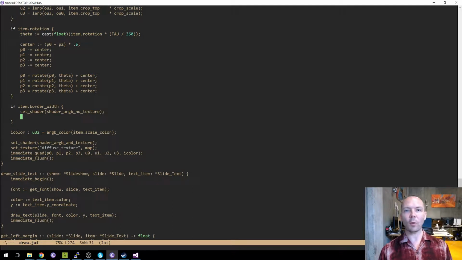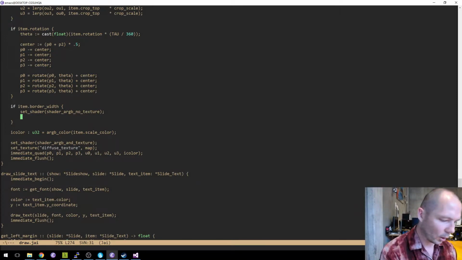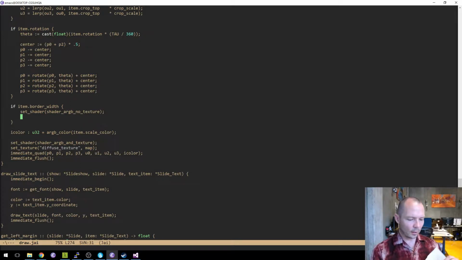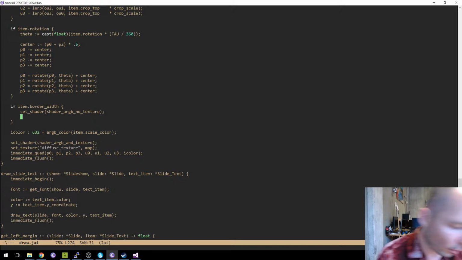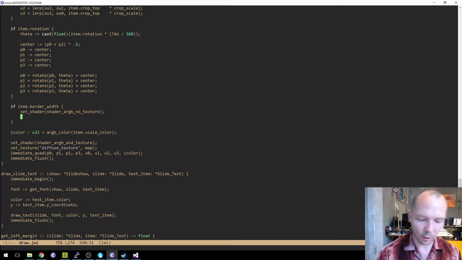Why counterclockwise? Because that's the direction that angles go if you have a positively increasing angle going around the circle. If I was going to be really serious about this, maybe I would make this the first one, and second and third and fourth, because then if you started at the origin, those would be the ones that you would visit in order from a 0 angle. But for some reason, early on, it made more sense to me to start in the lower left corner because that's traditional for other reasons. So my P0 is in the lower left corner.